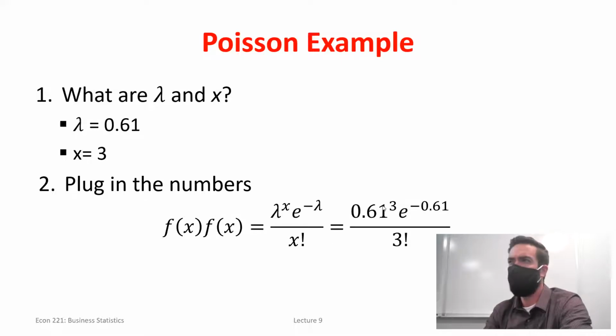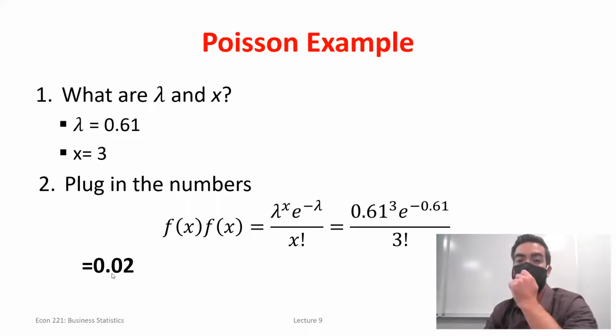Okay, any questions on that? We'll work through a couple other things I think are more complicated with a Poisson, but I think this part of it's pretty easy. Right? It kind of follows what we were doing last class, but just a slightly different formula. So notice here we get a pretty low probability. What would happen if I wanted to find the probability that 4 soldiers are killed? I know that would be